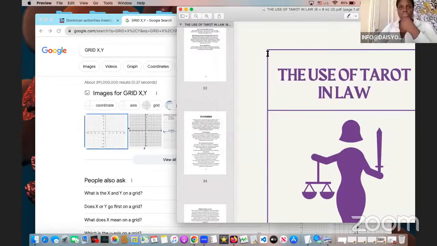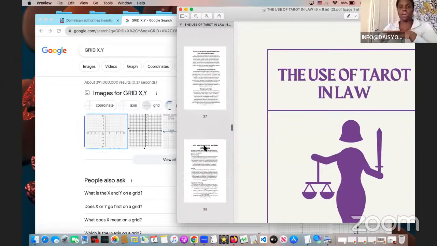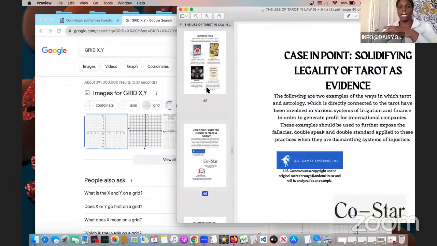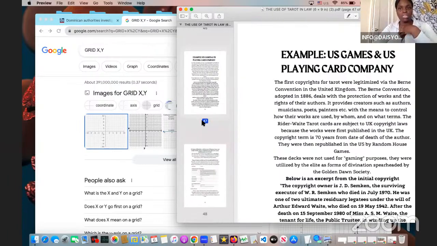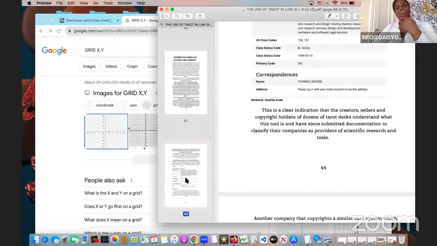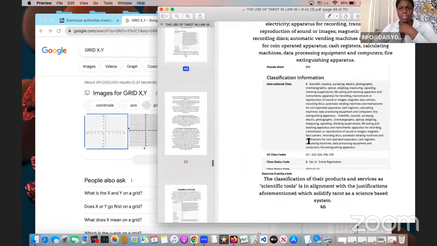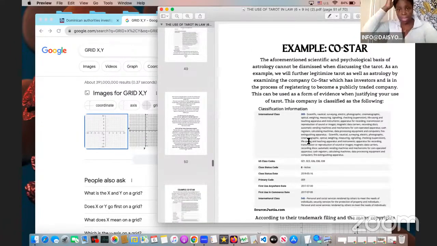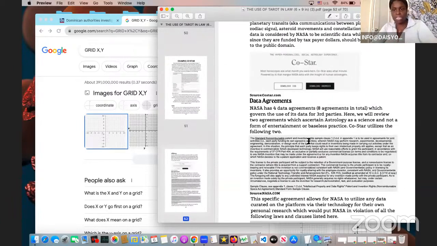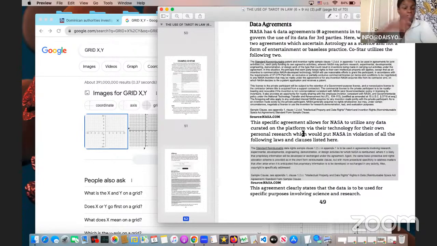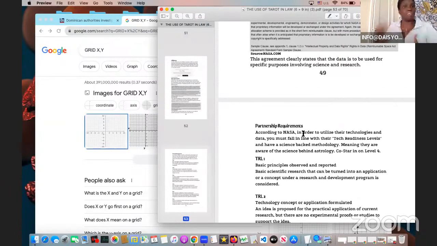So we're taking things like that, and then we're talking about CoStar. They have to request data from NASA for their app. How would that be the case? Oh, okay, right. So you have to have a data agreement, right? So there's standard data agreement, standard reimbursable, non-reimbursable, et cetera. You need to be at a certain partnership. You have partnership requirements too. So I'm just showing the investigators where to go look who's playing with this because it has to involve NASA and the planet. So now, basic principles observed and reported, right?